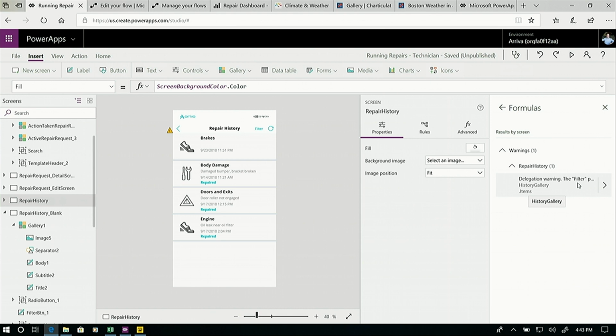And we have a whole great article explaining delegation if you go look it up after seeing this error. And this can tell you that you need to go change your filter or potentially change how you do your data layout. Because if you don't, when you actually end up with a lot of data in the back end, your app is going to start running dreadfully slow. So these types of things we can go catch during authoring time automatically by intelligently providing guidance. So that's the App Studio.